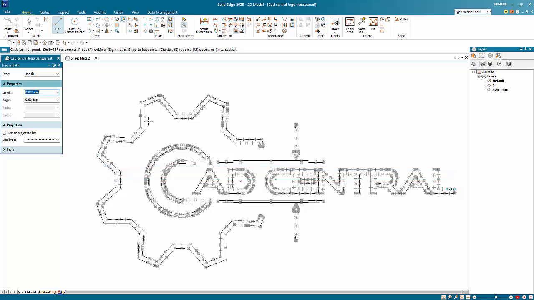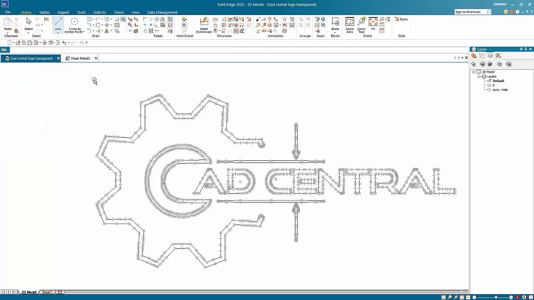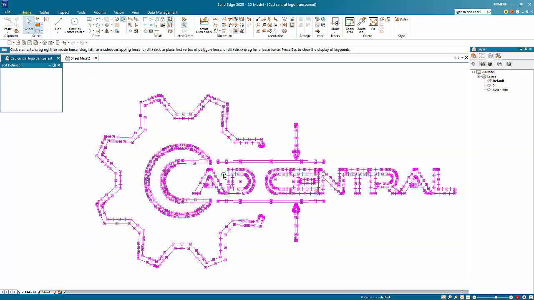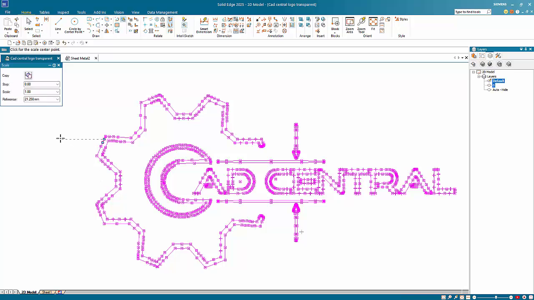I only want it to be, say, 100. So basically what I can do is fence select it, go to the scale command, and I want it smaller, so my scale needs to be 100, and